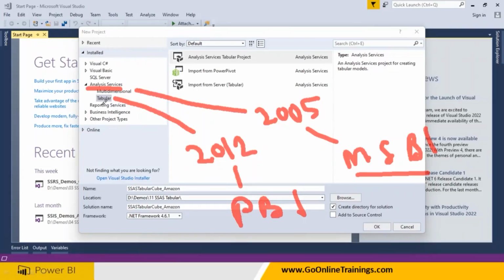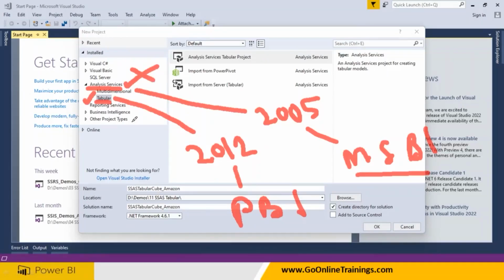One more thing you need to know if you want to work with this: at the time of installation, it will ask you what kind of cube you want to create, multi-dimensional or tabular. When you choose one, you will not be able to work on the other.